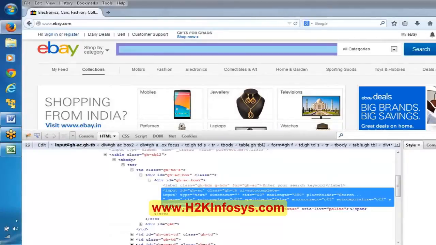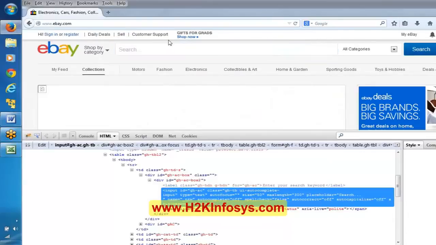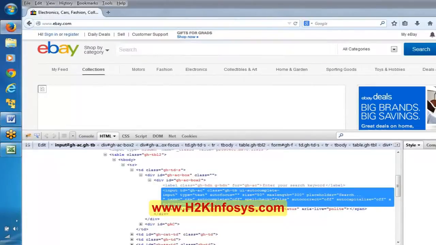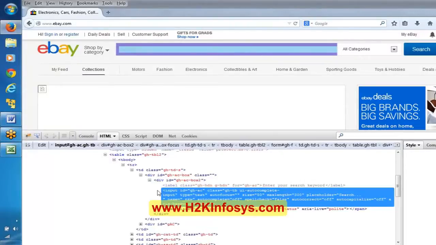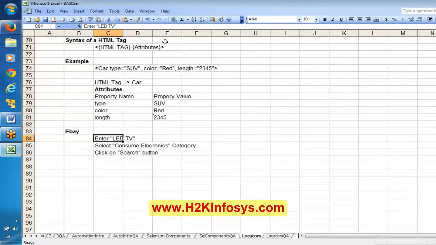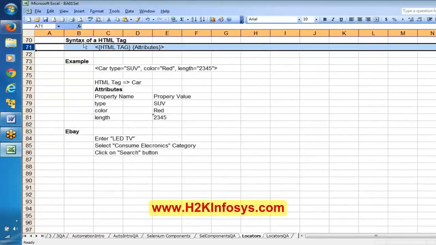Now everyone observe here, if I keep my cursor on this particular section, this text box is getting highlighted. It means whatever section is showing here is the HTML, and this is a text box. And what I said here, the general syntax for an object is the HTML tag and the attributes. Now if you closely observe here,